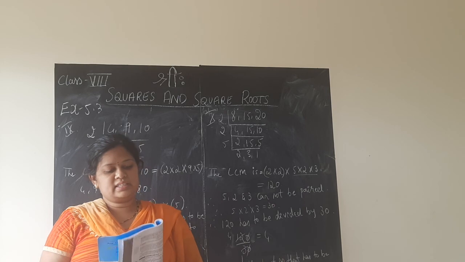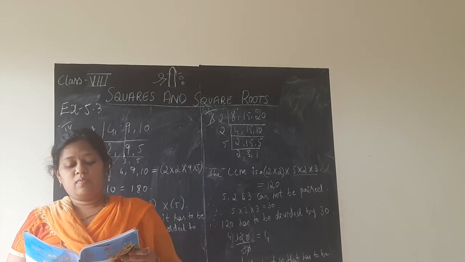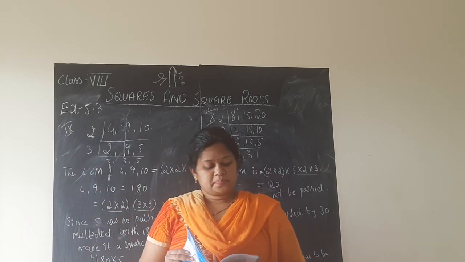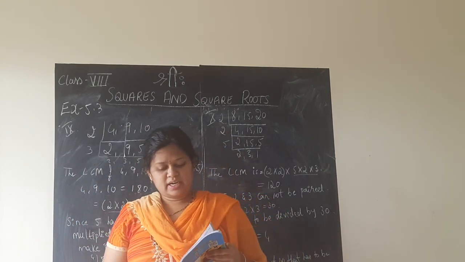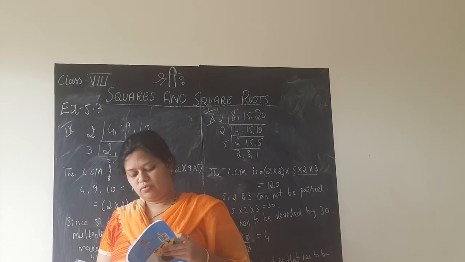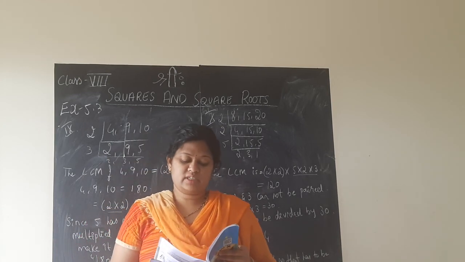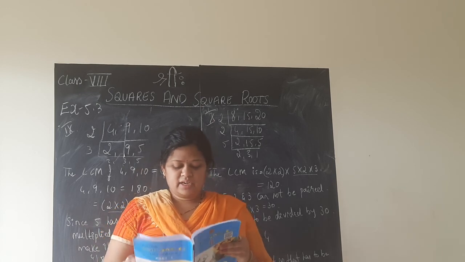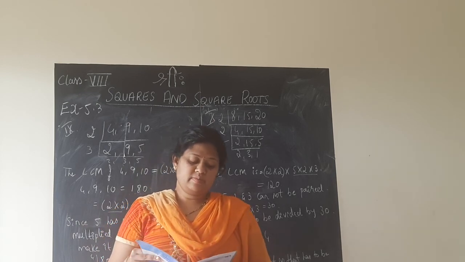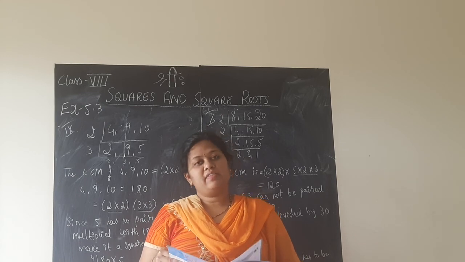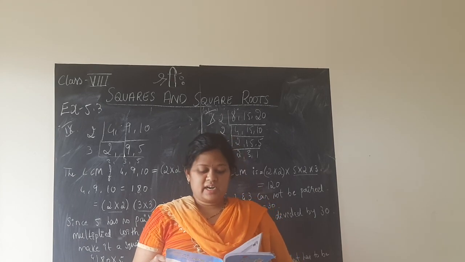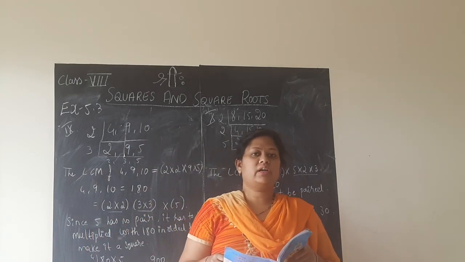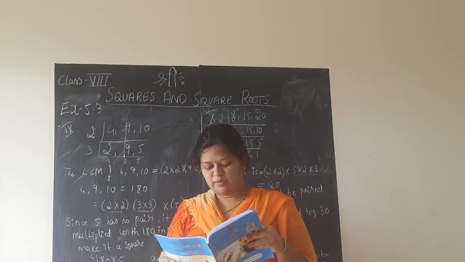So this completes exercise 5.3, children. Well, next what you have is finding the square root by division method. So this is very, very important and it is helpful for you even when you go to 10th standard. So please do concentrate well. For both the whole numbers as well as the decimals, we have to find the square root. Both the concepts I will be teaching you in the next session, and after that you have estimating of square root, which has been removed according to the 30% reduction of the syllabus, children.